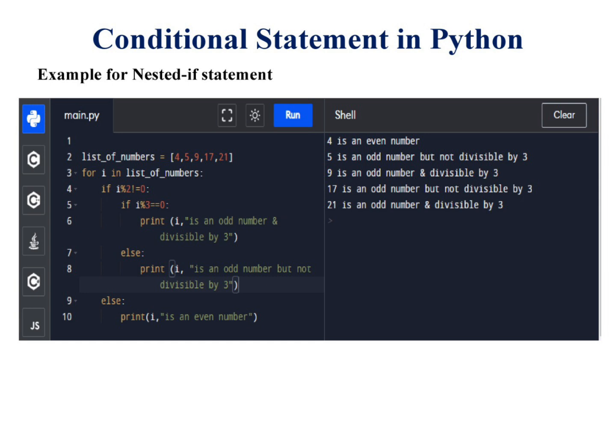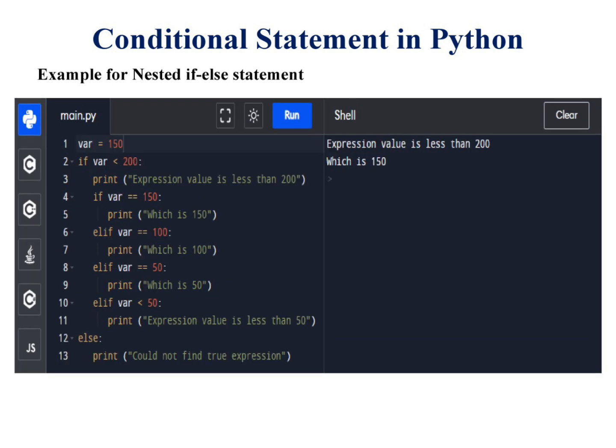In list, just write the numbers 4, 5, 9, 17, 21. For i in list of numbers, if i